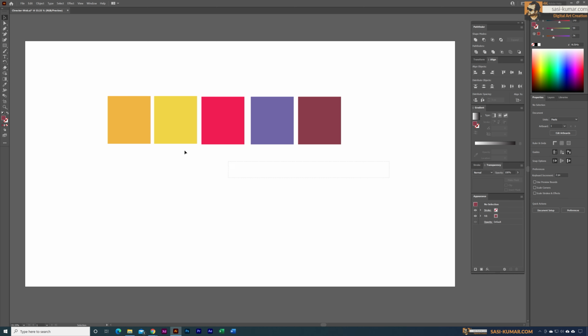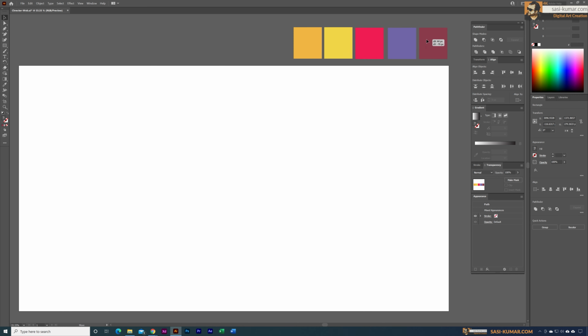Alright guys, so now I have my colors in here. Our artwork is going to be mostly based on these colors, and we don't have to use exactly only these colors. We can use some shades from these colors and also some other colors like white and black as well. It's all based on your artwork, but whatever colors and style you are using, you have to follow them in all the characters and artworks in the same category or same website for the branding. That's how you can create a brand identity for any of these websites or companies. Okay, so now we can simply keep them in here and we can copy these later on,